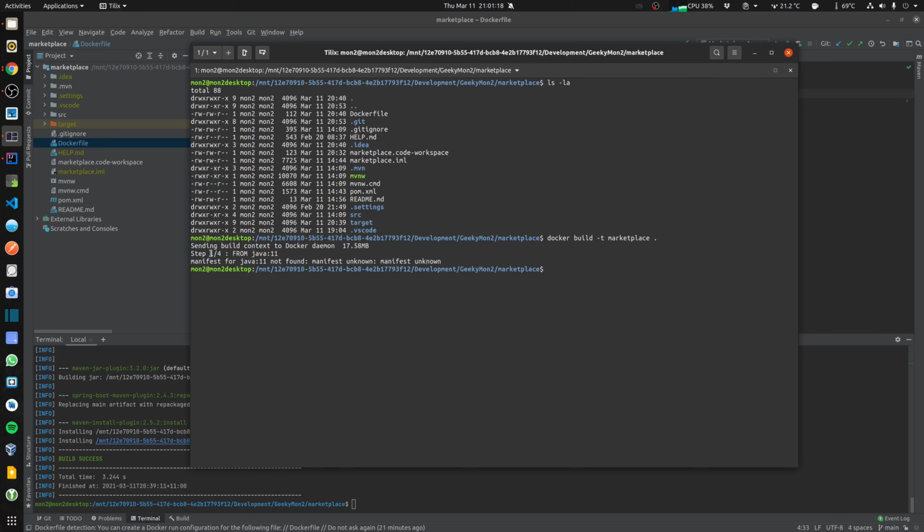Okay, so now it's giving me an error saying manifest for Java 11 not found. This is most likely because the Java 11 image is not available on Docker Hub. So we are going to go on the Docker Hub website once again and see what is available for Java.